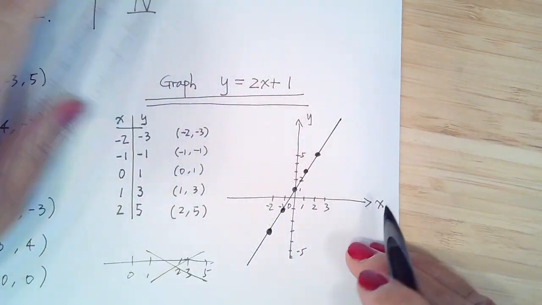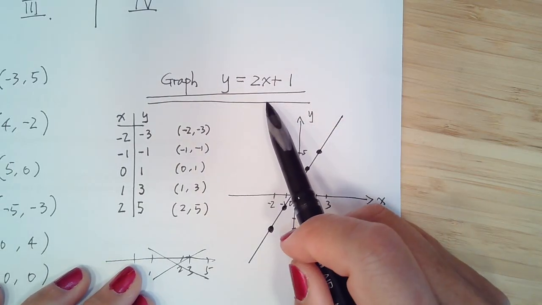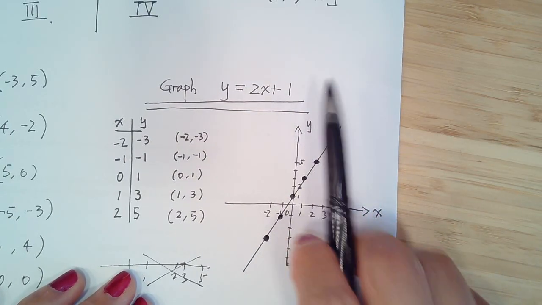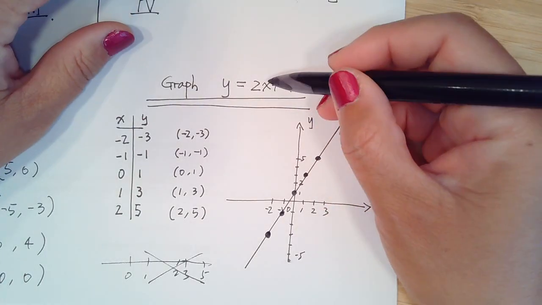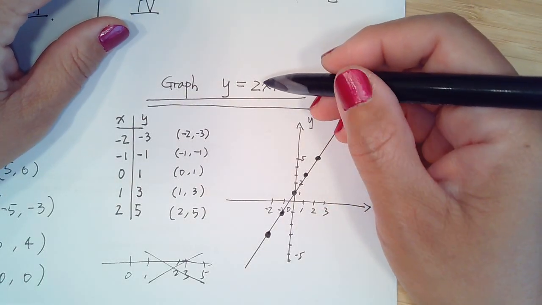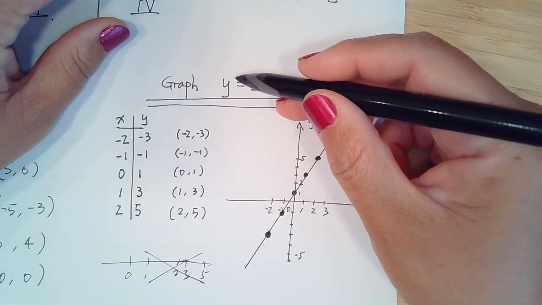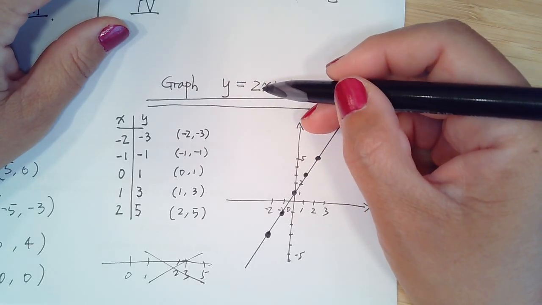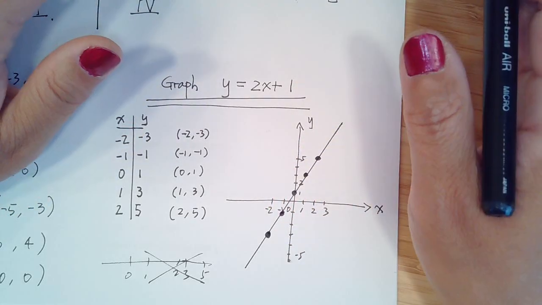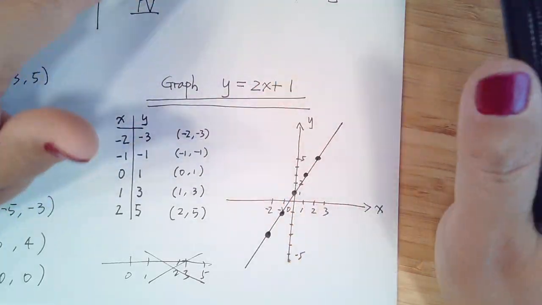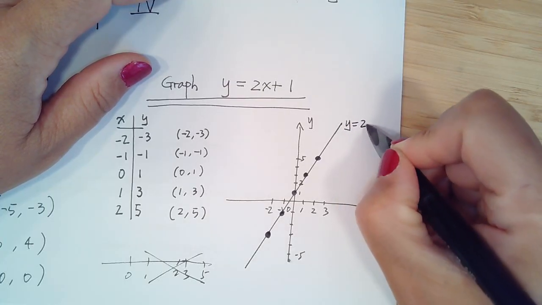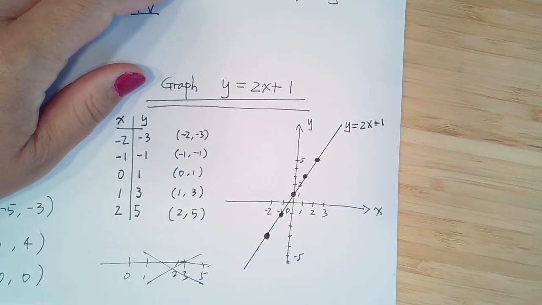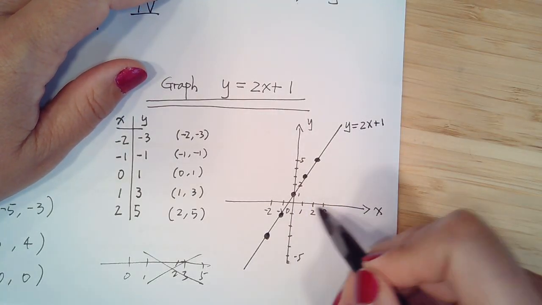You get this line. I ask you to graph this equation, and what I'm asking you to do is pretty much find all the points that satisfy this equation for all x, y. Of course, x can be anything, so I cannot pick all x values. So I just pick some values, I want to see the pattern, and then I draw that. After I draw the line, I say this is the graph of y equals 2x plus 1. For any point on this line,